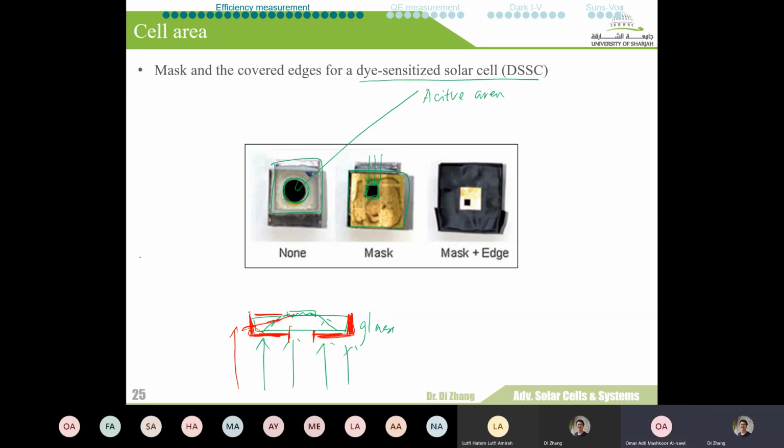But Doctor, this will add even more losses. I mean, the glass, even though it has maybe a transmittivity of 96 to 98%, some of the light coming from the sun simulator will be absorbed or reflected, and some part of the spectrum will be reflected or absorbed. So this will add even more errors in the measurement. That's correct, but usually we do not consider the losses in the glass as an error,